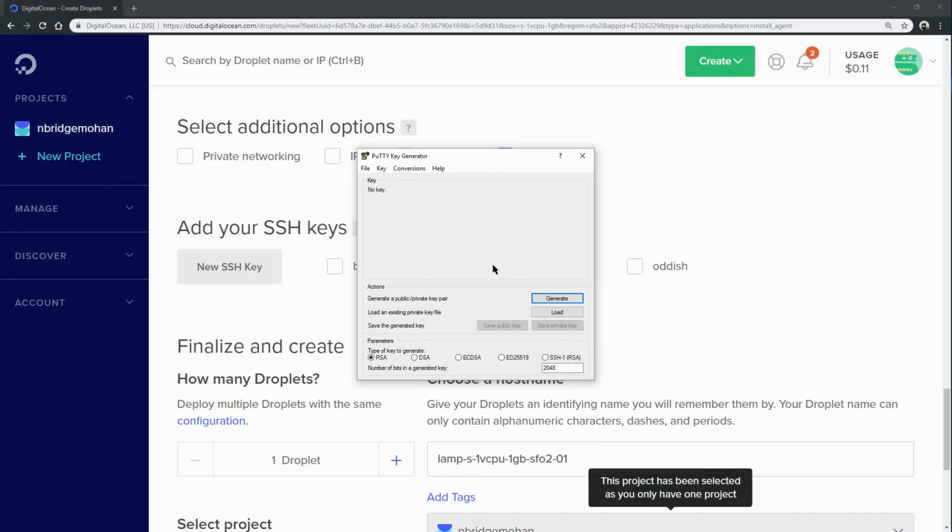Good, so let's generate the key. Now this is going to generate a public private key pair. The public part of the key is what is going to be stored on the server, and the private part would be something that we will keep. It's basically just a file that we keep so that we'll be able to have access to the server using the public key. Right, so click on generate